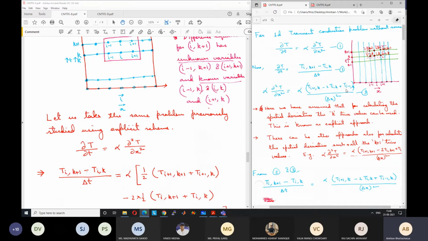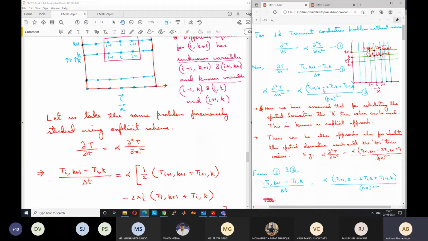So initially, if I take the temperatures at 10 seconds for calculating the derivative, this may be very different from, say, if I take the temperatures at 10.1 seconds for calculating the derivatives. That is the difference between the different schemes. For explicit schemes, we take the values at 10 seconds only. For the fully implicit scheme, we take the values at 10.1 seconds only. And for the Crank-Nicolson scheme, we take the average of the temperature at 10 seconds and 10.1 seconds, exactly the linear average, or the mean of the temperatures.